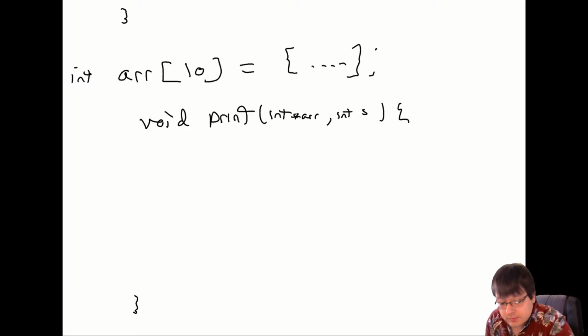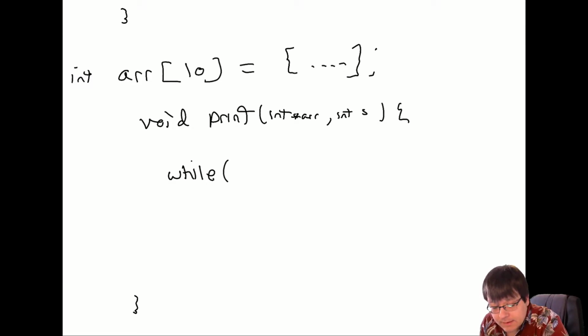So we would say something like while, and then we need to have some sort of counter since we're doing this kind of by hand. So we'll call that counter I, and we gotta initialize that counter to something. So we're gonna initialize it to the beginning of the list, which is always 0, or at least that's a claim we're making. And so we would say something like while I is less than the size, which is s,